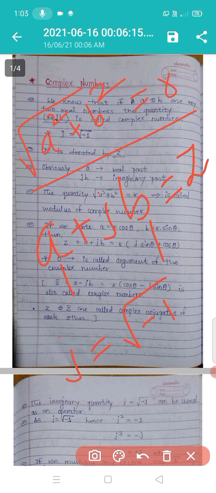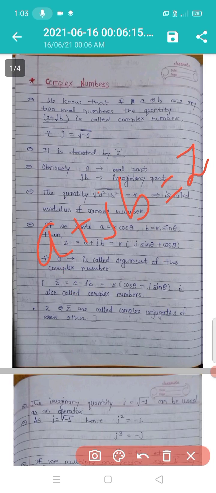If we write a equal to r cos theta and b equal to r sin theta,